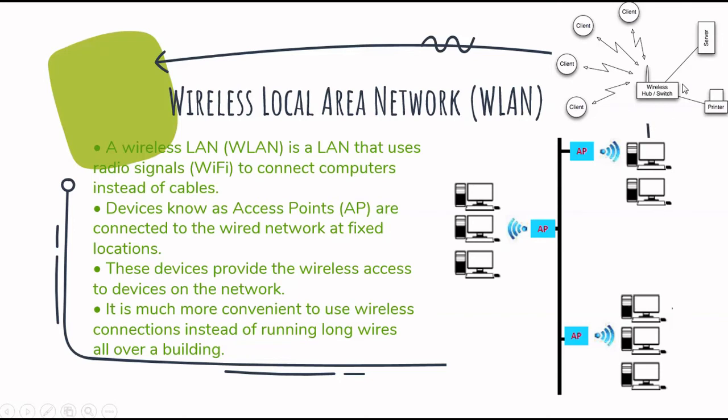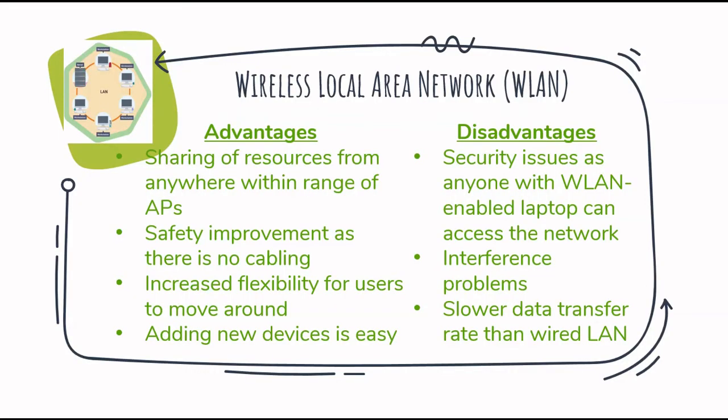You will have a wireless hub or a switch that will provide wireless internet or Wi-Fi for all the devices that you have in your house, including all your smartphones, your laptops, tablets, and so on. So this is wireless LAN, which is again LAN within the same building or site, but it is wireless.